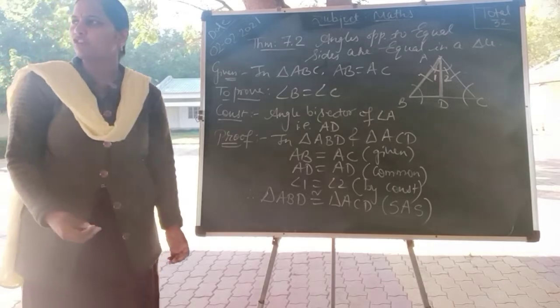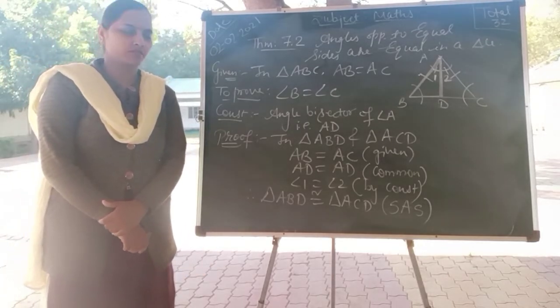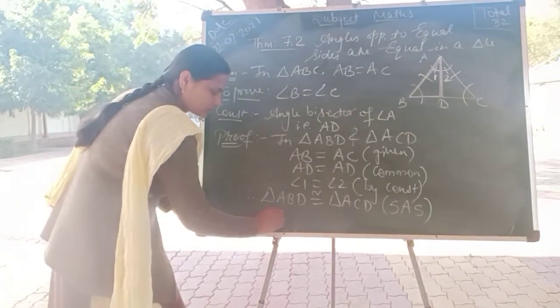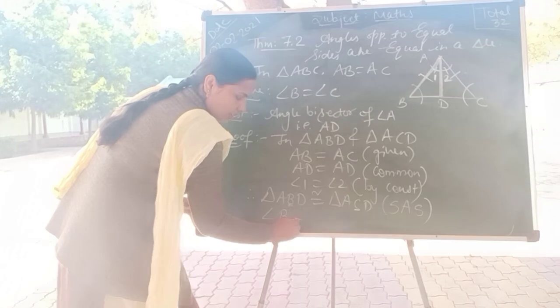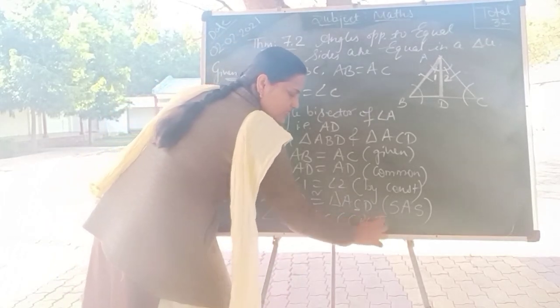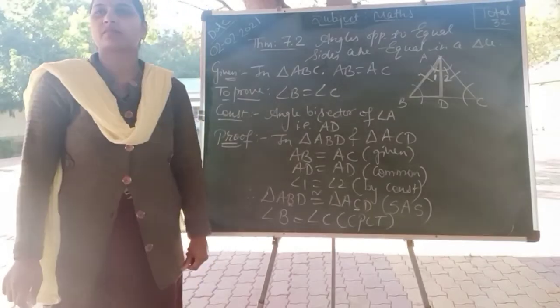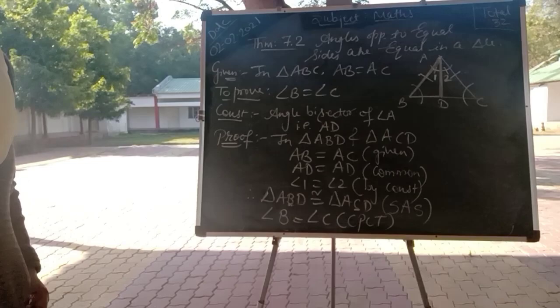So what is the benefit of making these two triangles congruent? Angle B equals angle C. Why? CPCT. What is the full form of CPCT? Corresponding parts of congruent triangles. Hence,